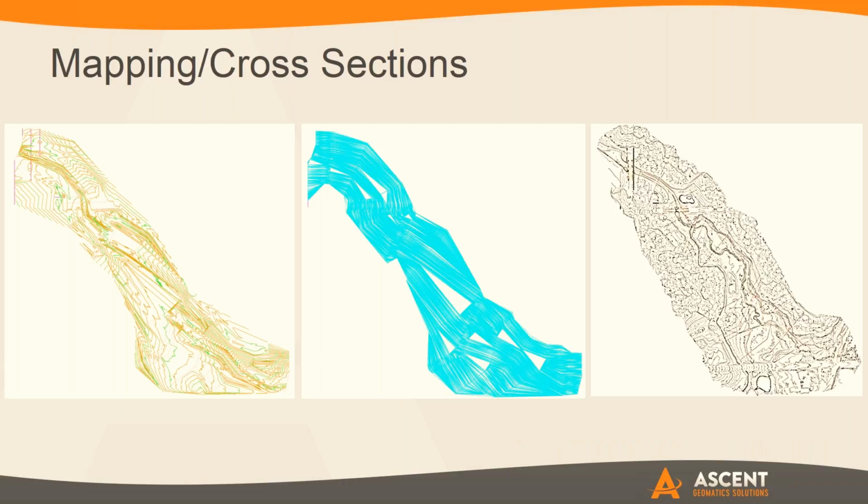Let's talk about mapping cross sections. Yeah, absolutely. Again, this is something that traditionally has been done by a guy on the ground with a GPS and a rod, walking transects and taking key cuts across the floodplain to put together a map and develop the HEC-RAS models and figure out what the floodway looks like and how it impacts certain rise events.